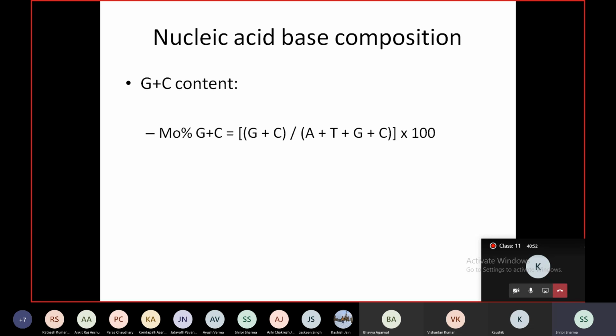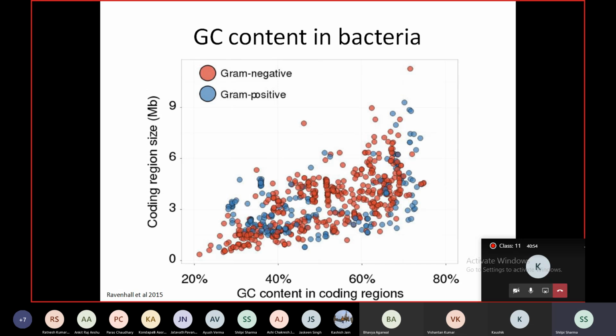But microorganisms, especially bacteria, they show a range of GC content. This range is quite high. It's between 25% to 75%. तो नेक्स्ट क्लास का आपका दूसरा असाइनमेंट, पहला असाइनमेंट मैंने बोल दिया, दूसरा असाइनमेंट ये है कि आप मुझे बताओगे कि ह्यूमन बीइंग्स में जीसी कंटेंट क्या होता है।